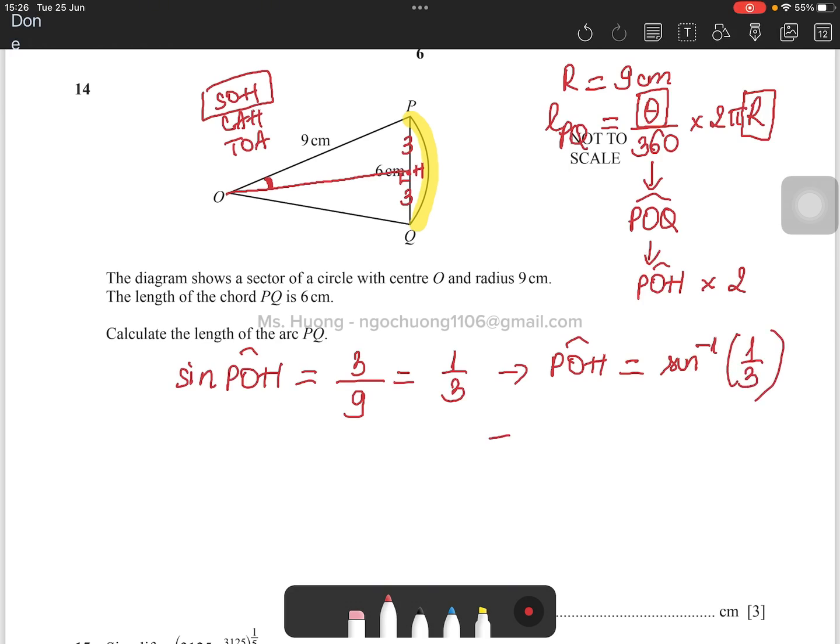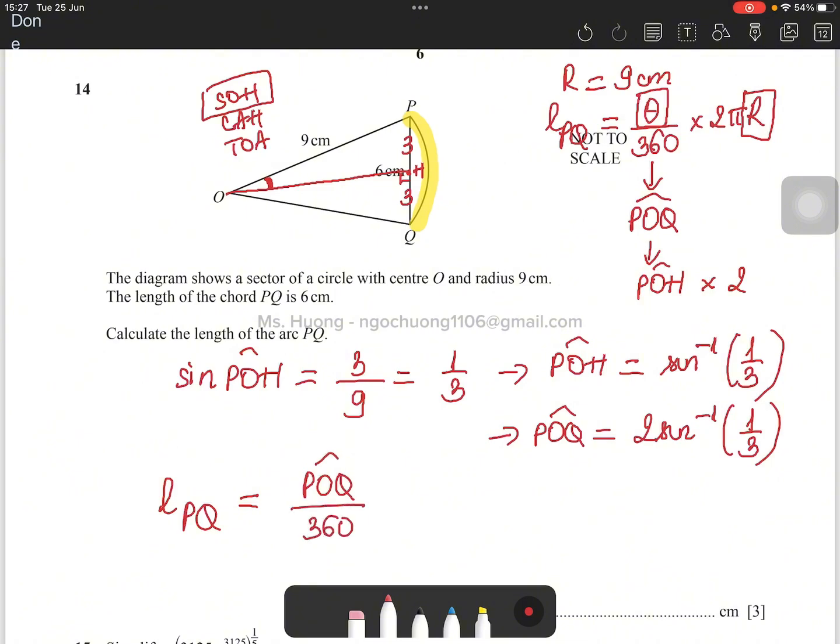And then the angle POQ is the double of this, 2 times the inverse sine of 1/3. And after we know the angle POQ, we can find the length of the arc PQ by using the formula angle POQ over 360 times 2 pi r. POQ is 2 inverse sine 1/3